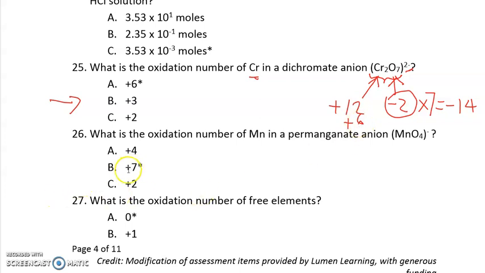Okay, let's look at the next one. So how about this one? Manganese, oxygen, overall -1. Oxygen is -2, and I have how many? I have 4. So I have -8, and how it can become a -1, and therefore this one